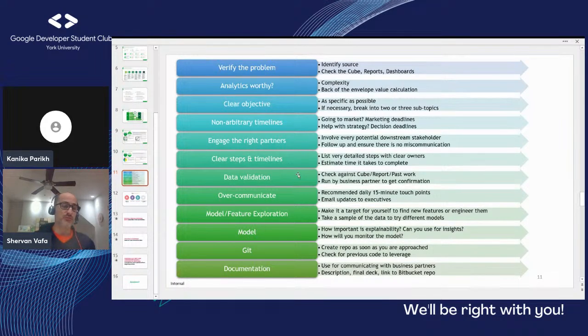When it comes to time to build a model now, spend a lot of time on feature exploration. What features should I include in the model? How do you engineer your features? That's a very important process, because while we have a very deep and wide range of data, different types